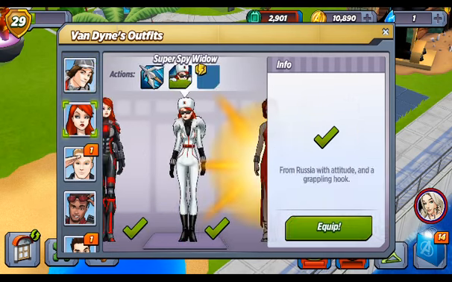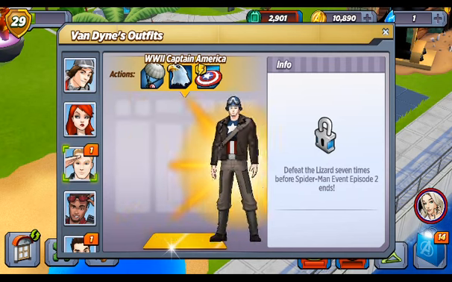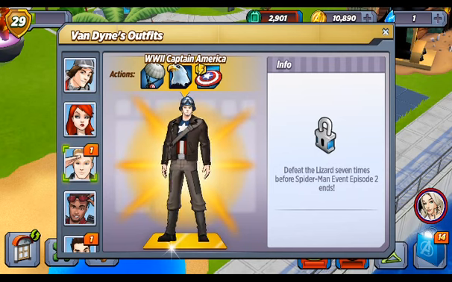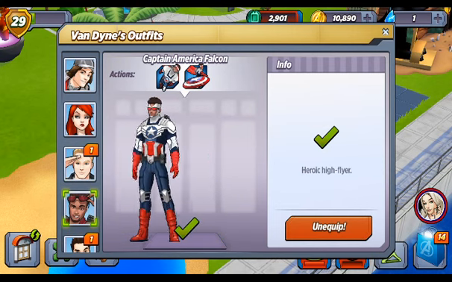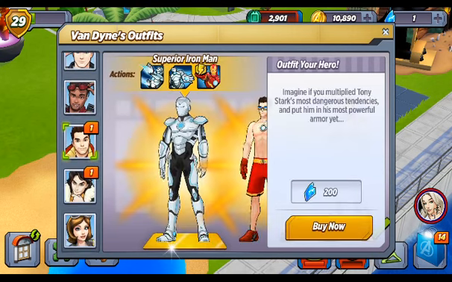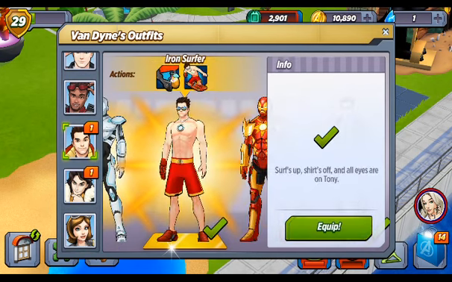Black Widow here, she has a few costumes. Iron Widow costume, Super Spy Widow, the Undercover Widow, which I've not unlocked yet. Captain America has his original Captain America costume. The Falcon has Captain America Falcon, which I think is pretty cool. Iron Man has a superior Iron Man costume. Iron Surfer,